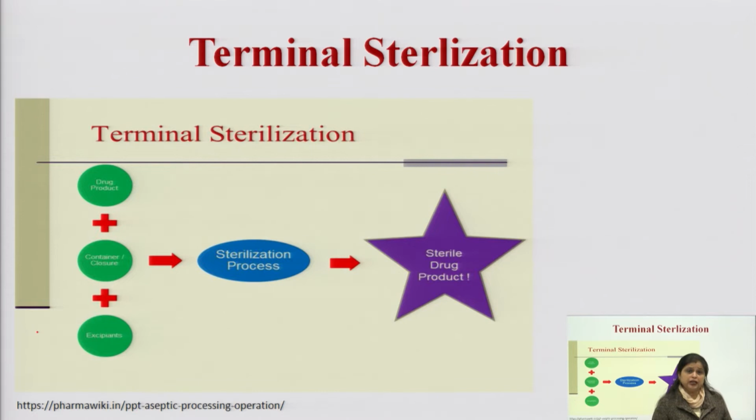Now, what do we actually mean by sterilization? The procedures we need to follow to kill microorganisms within the environment or on the surface, even if they are within the raw materials or within the glassware. We have to kill those microorganisms, we have to follow the conditions of sterilization. Now, how can we do the sterilization? There are actually two techniques by which sterilization takes place in pharmaceutical products. As we are dealing with the pharmacy part, we will talk only about pharmaceutical products.